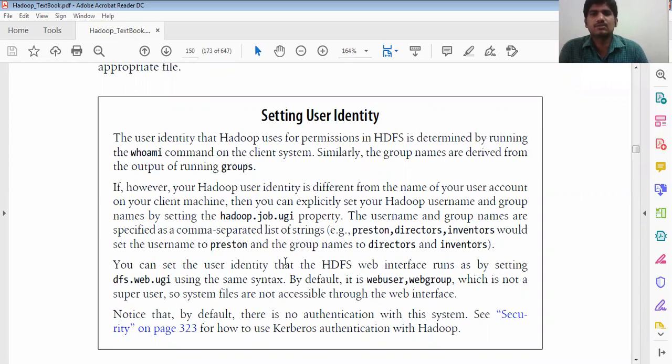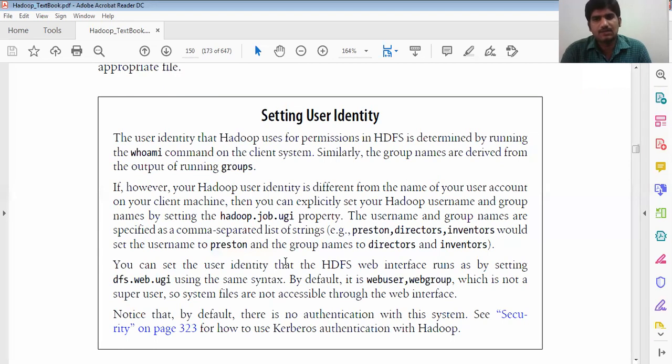Similarly, the group names are derived from the output of running the groups command. So on a single system, you can simply type the command whoami, and for groups, you can call groups. However, if the Hadoop user identity is different from the user account on the client machine, you can explicitly set your Hadoop username and group names by setting the hadoop.job.ugi property.